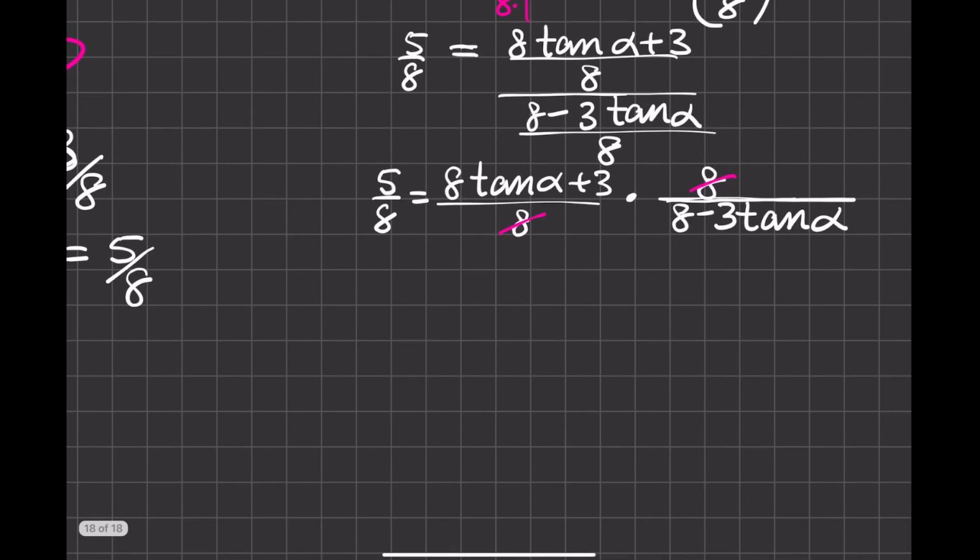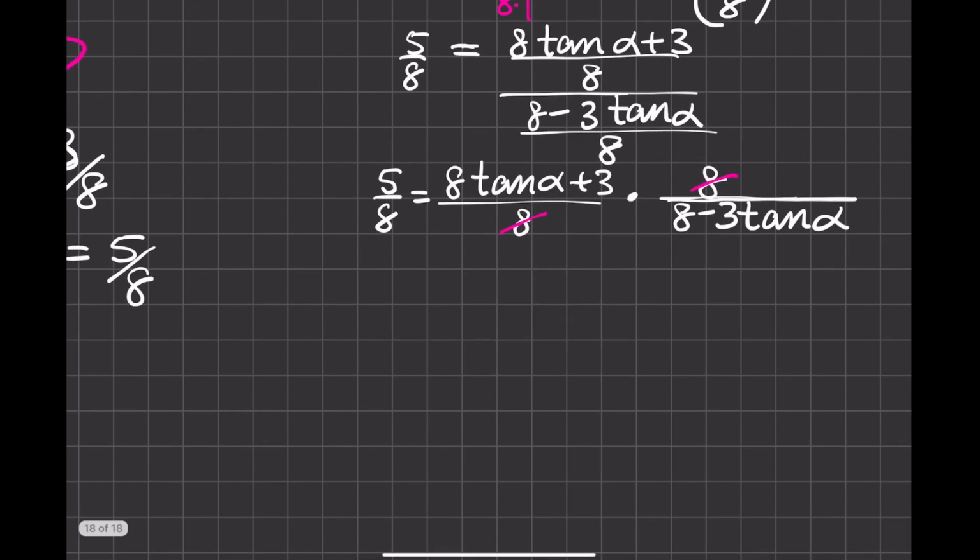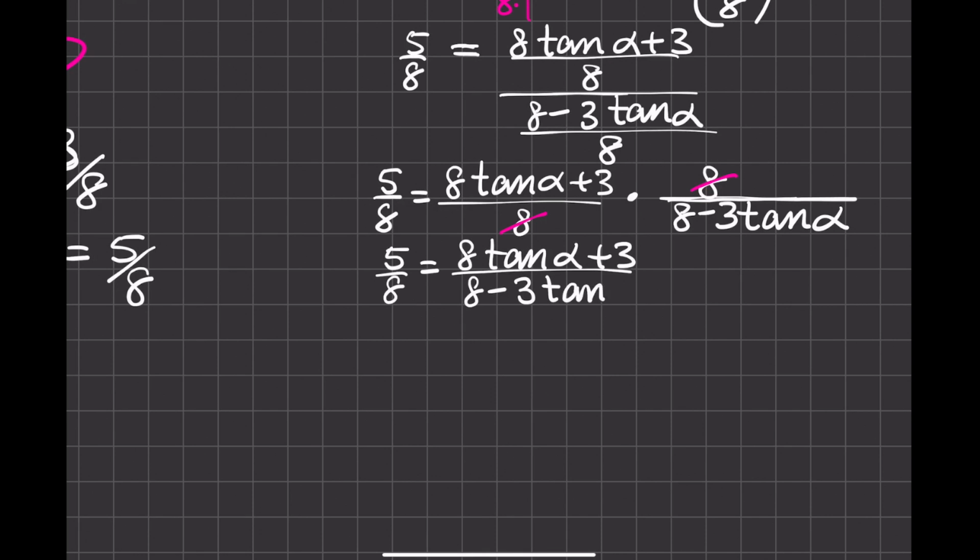Just showing every single step, 5/8 is equal to 8 times the tangent of alpha plus 3 over 8 minus 3 tangent of alpha. Now all we're really trying to do is isolate this variable of tangent of alpha,